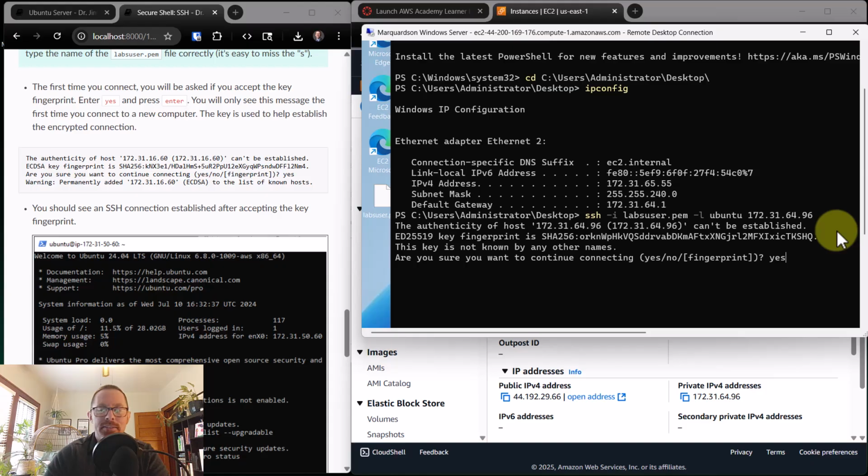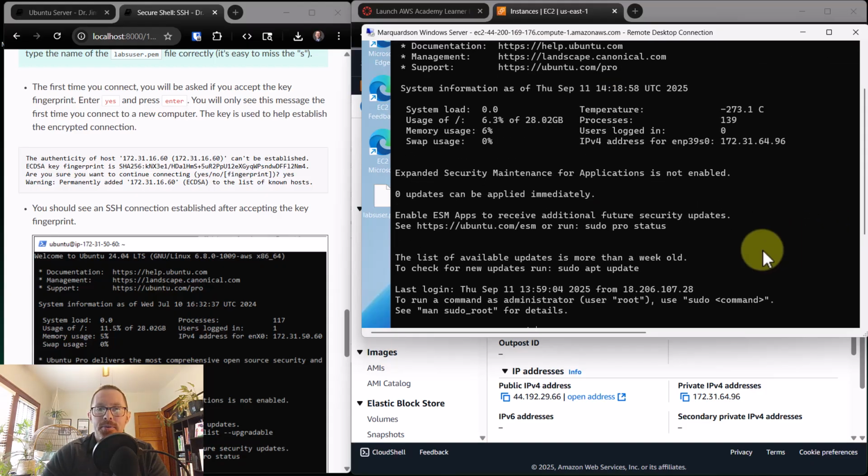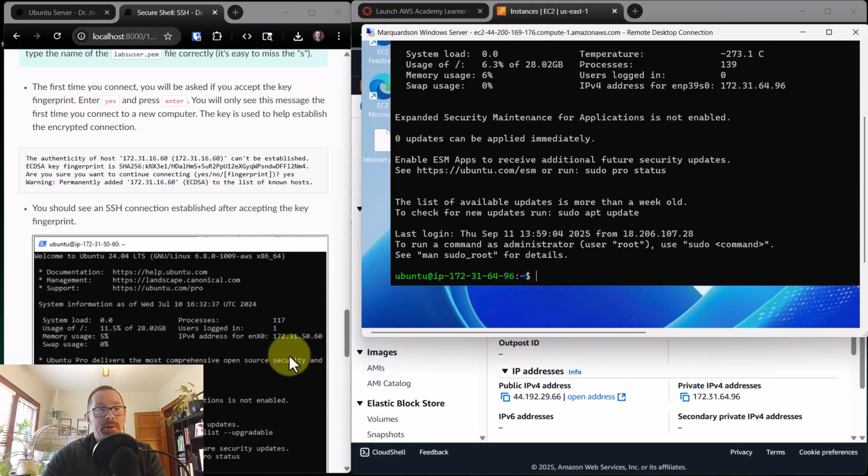I'm going to type yes. I like this fingerprint. Now, I'll have to scroll down just a tiny bit. Now I see this prompt. I see Ubuntu at IP. This is a very similar prompt to what I saw when I used the EC2 connect to connect to this